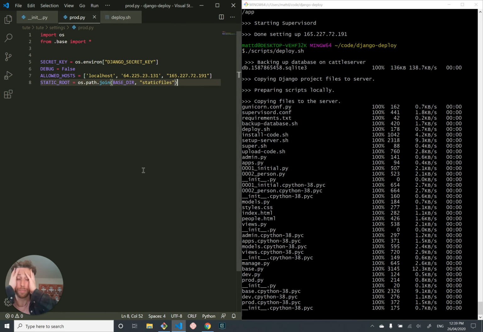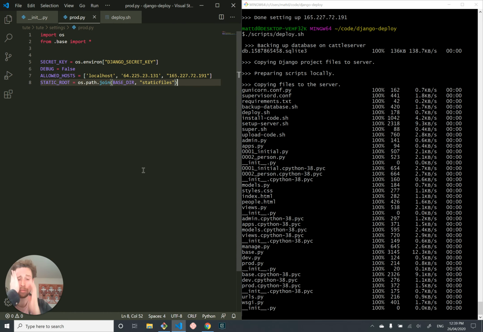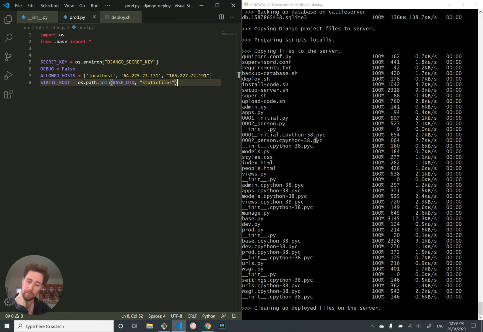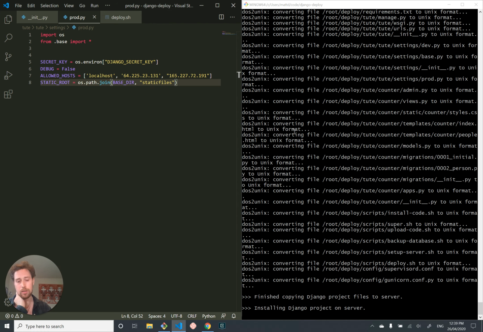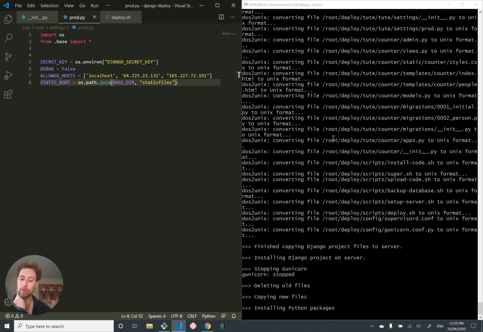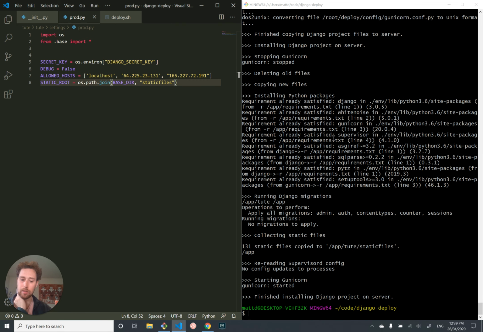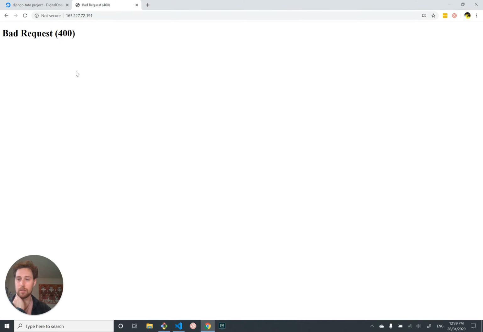Okay, so it's copying all the files. And I really should add something to get rid of those .pyc files because they're pretty useless. If find works in Git Bash, then we could run find from Git Bash. I'm not sure if it's present or not. But this appears to be working, which is just a Christmas miracle. I mean, you should never expect stuff to work first time like this, but